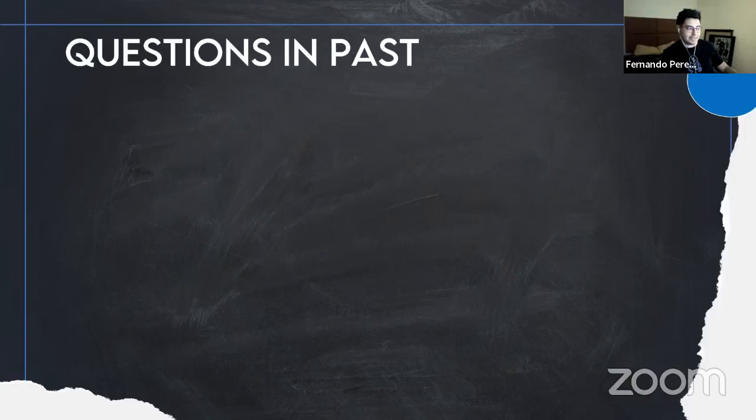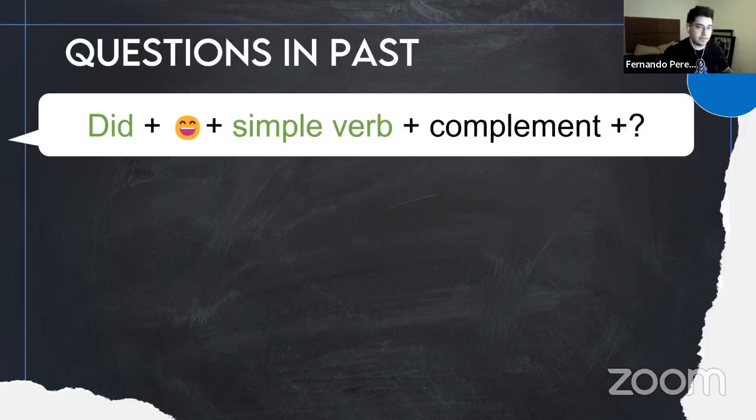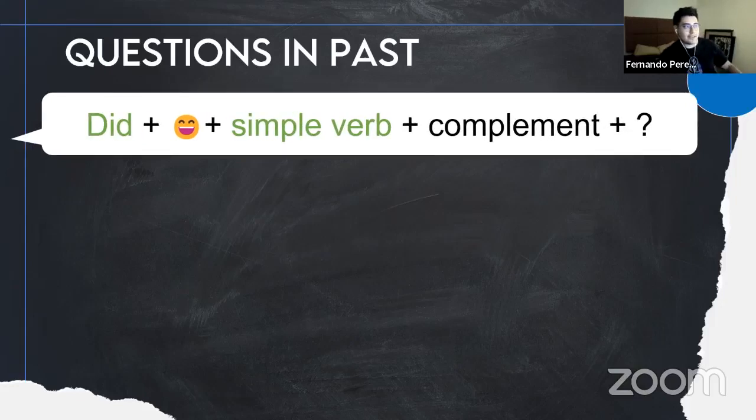Precisely when we are talking about past in English, we use precisely this formula. Let me copy it to you. When we are talking in past: did, auxiliary did, then the verb in simple form. And it's very important that every time you are talking about past, you collocate the auxiliary did for questions only. Attention, this is only for questions.